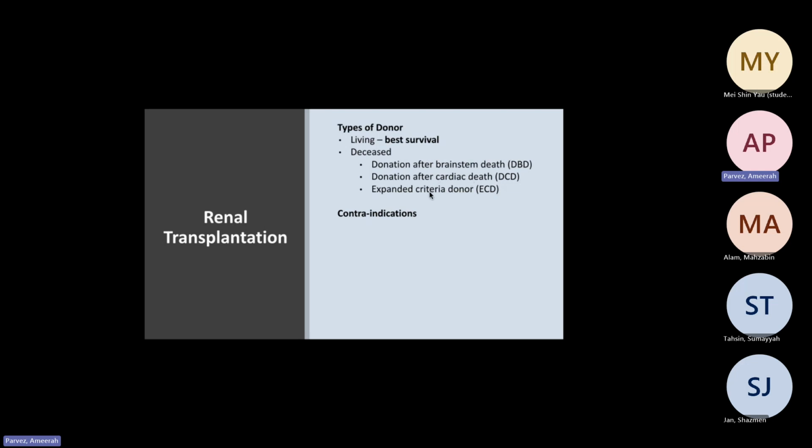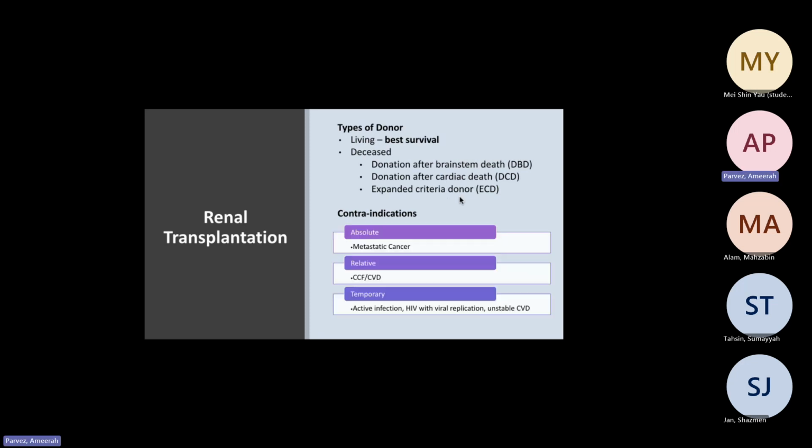And then expanded criteria donor. So this is typically an older kidney from someone who has a history of CVA, BP problems, or CKD. So this can influence long-term prognosis. Now, there are a few contraindications. So absolute contraindications would be things like metastatic cancer because the graft is unlikely to survive as long. Relative contraindications include congestive cardiac failure or cardiovascular disease, and temporary contraindications can mean acute active infection, HIV with viral